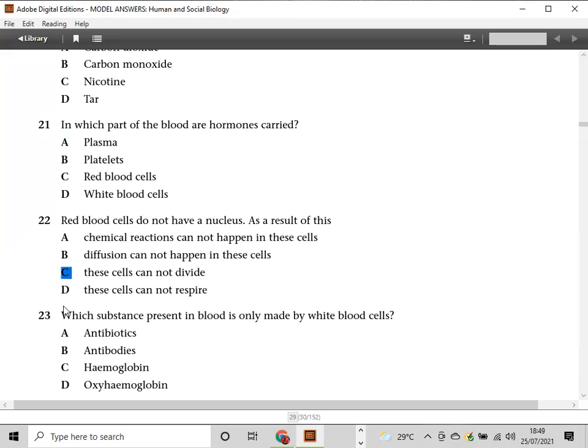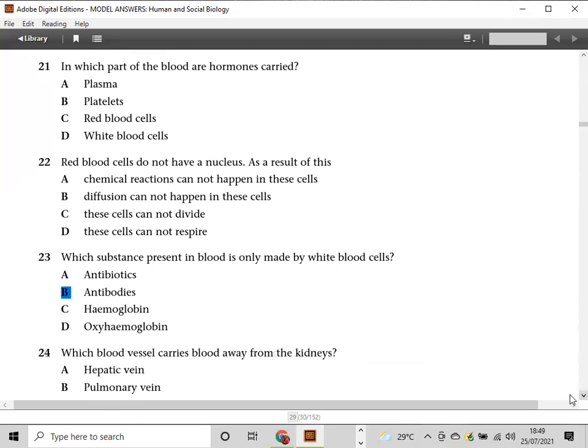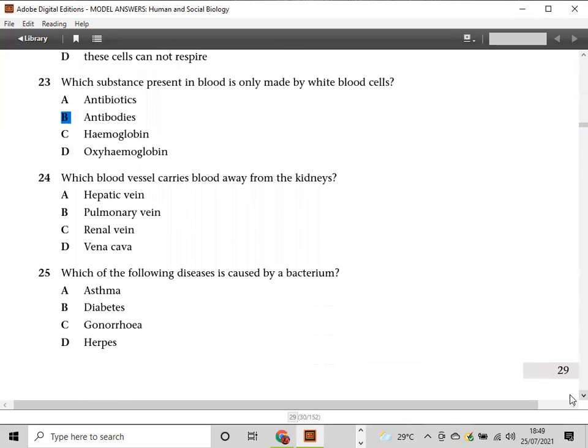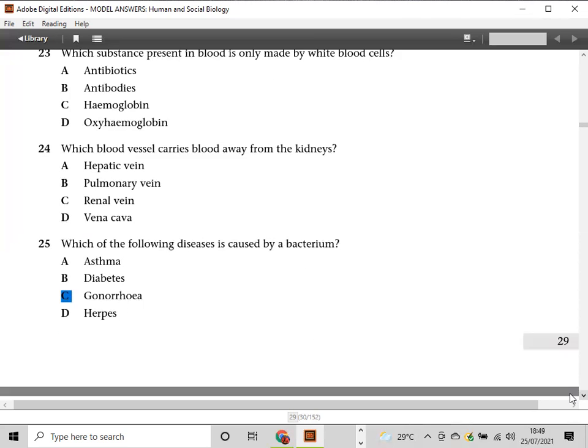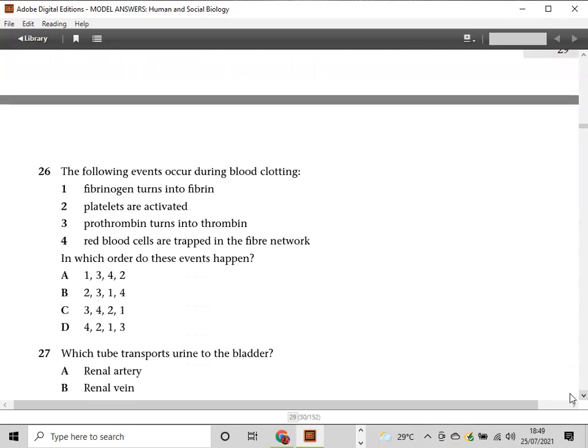So 23 is antibodies. Which substance present in the blood is only made by the white blood cells. 24 is C, is the renal vein. 25 is C. Which of the following disease is caused by a bacterium? And that's gonorrhea. So 26 now. The following events occur during the blood clotting. Again, guys, you can always look at the order, but it was E